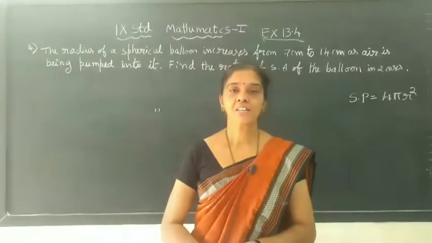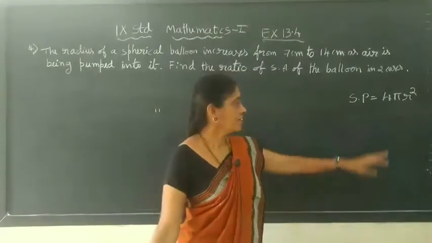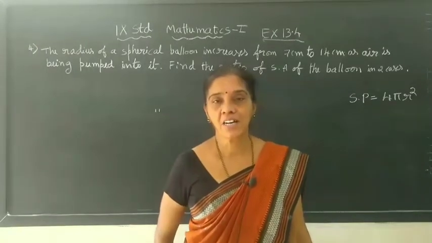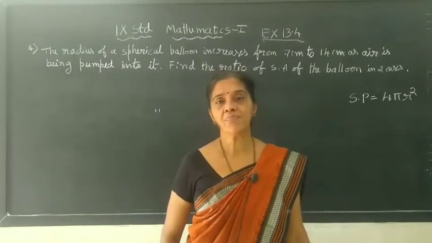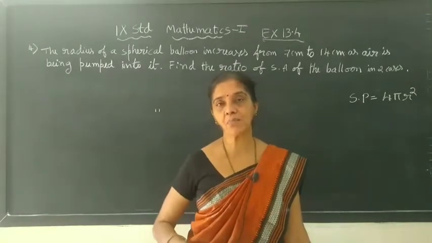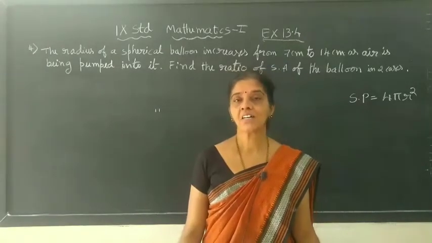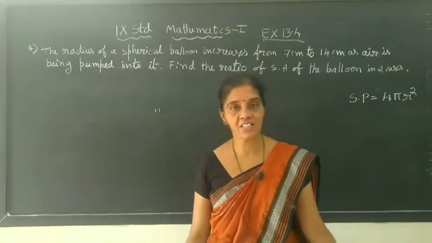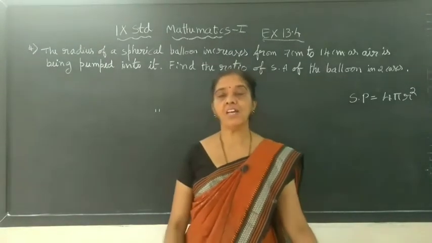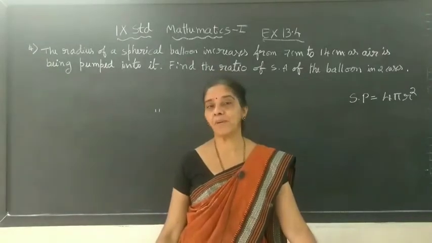Dear students, in the last class we have studied the surface area of the sphere, which is nothing but 4 pi r square. Then also we have studied the surface area of the hemisphere. Here, for the hemisphere, it has got a base, the circular base. So we have two formulas. One is the curved surface area, which is exactly half of the surface area of the sphere, so it is 2 pi r square. Then if you consider the base of the hemisphere, it is one more pi r square. If you add, we will get 3 pi r square.